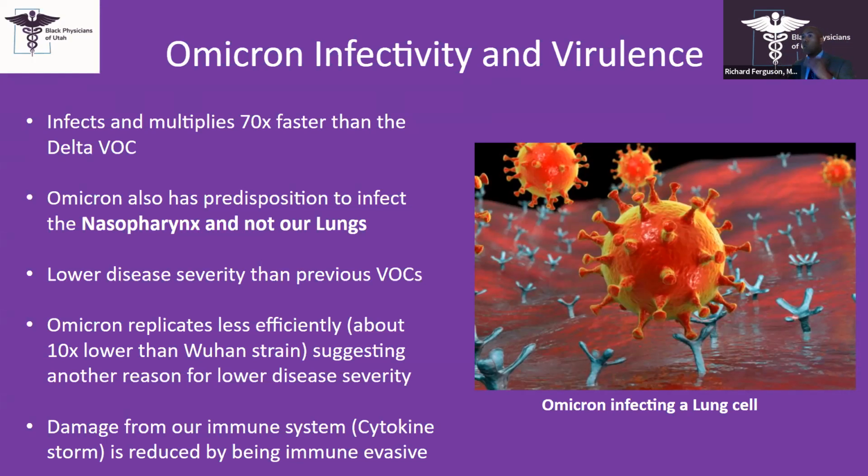It also has lower disease severity because Omicron replicates less efficiently than the original strain. It can get into our cells, and it replicates, but many of those aren't able to get out and then infect other cells. That's why our immune response tends to be mild, and we don't get a lot of ICU admissions with Omicron, particularly in vaccinated individuals, because our body isn't getting a strong immune response,